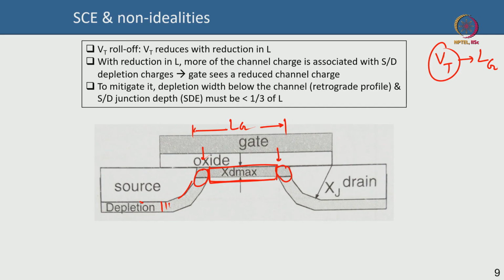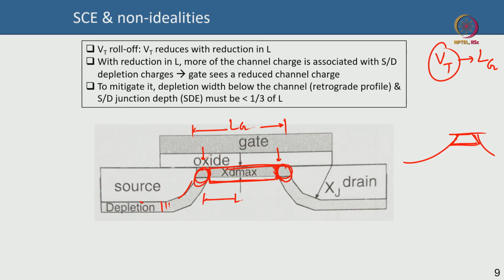It is like a trapezoidal profile because of the fact that this source goes like that and the drain goes like that. So you have a trapezoidal profile that comes up. So what it means is that the gate starts to see a lower and lower fraction of the total channel charge to control, because the source and drain depletion occupies a significant chunk of the depletion below the gate as